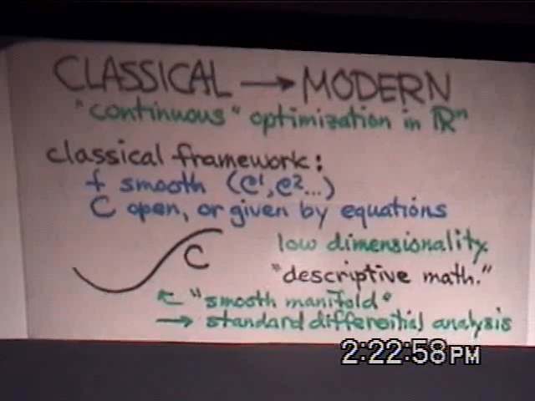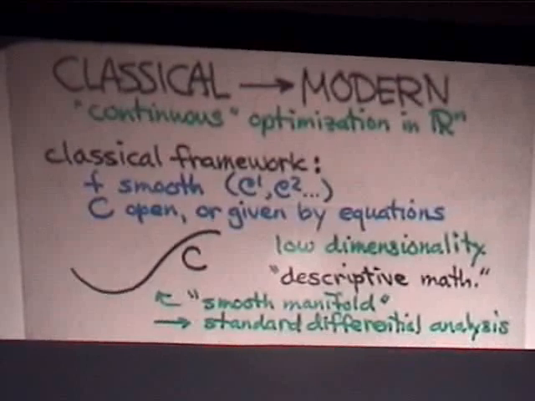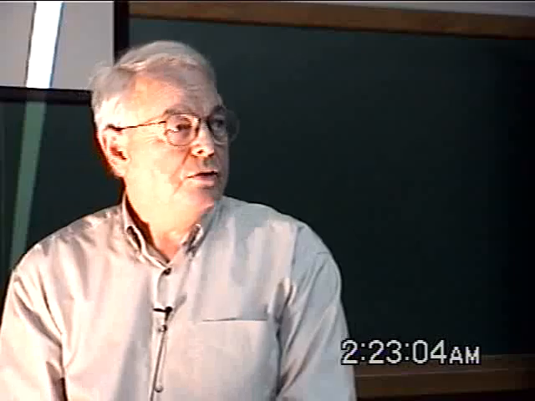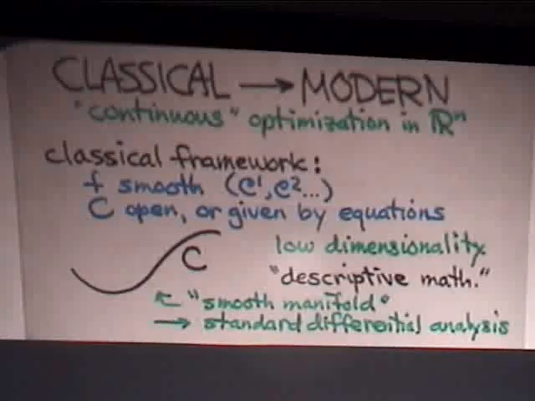Another thing is, because the whole technique of calculus depends on taking derivatives, we have a tendency, at least if we work in this classical framework, to assume everything has derivatives and then exploit the techniques of the calculus for those derivatives. However, in optimization, it was quickly learned that these tools were not adequate. You really had to do some different thinking.